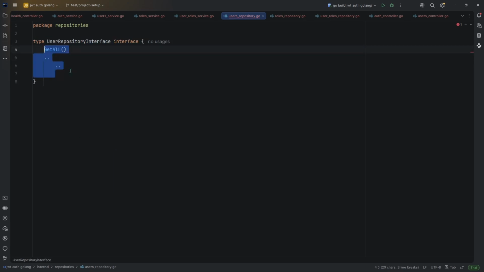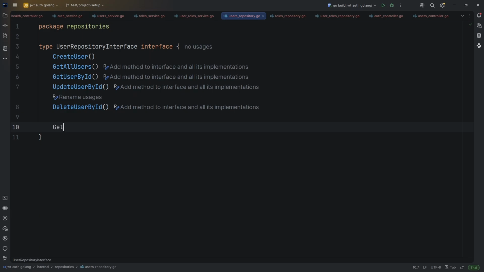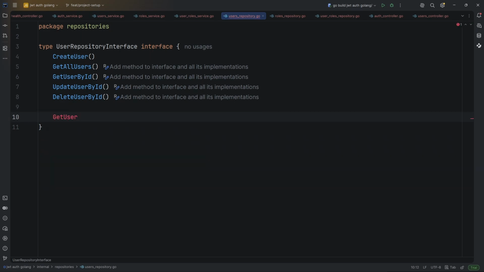So the functions which I am going to have inside my users repository are at first my create user, then my get all users, then my get user by ID, then my update user by ID, then my delete user by ID, then my get user by email, and then get user by username